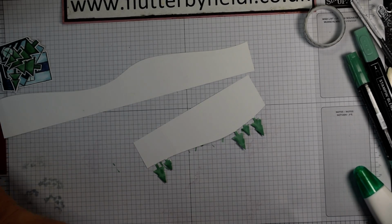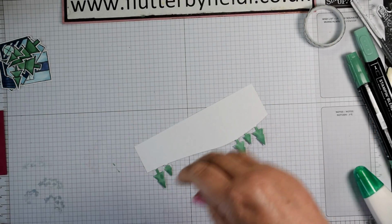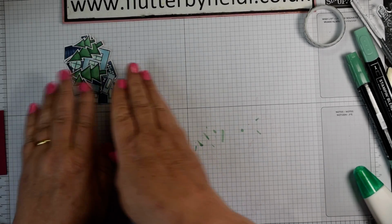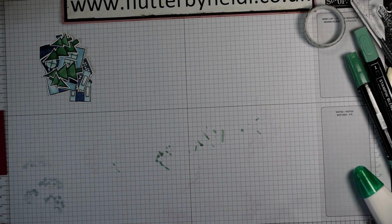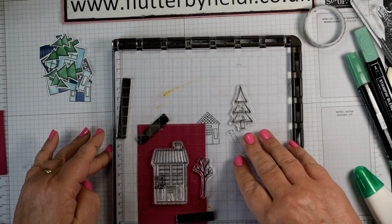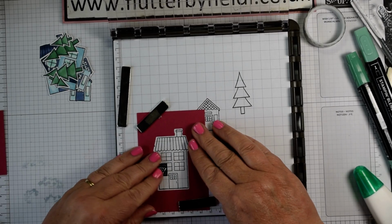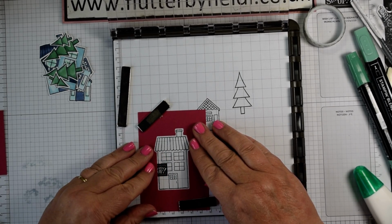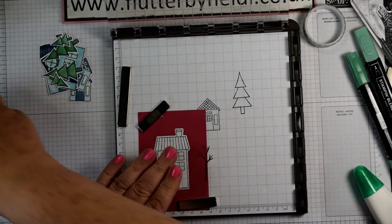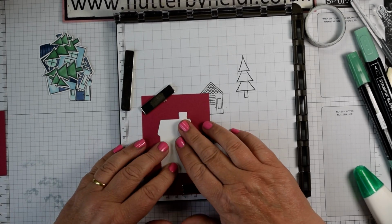Next thing for us to do is pop those to the side, and I'm going to show you how I do the houses. When I'm die cutting, I make sure that I die cut lots of blanks and then I stamp them afterwards. I find I get a much better result by doing that, and I create myself a little template. Using the Stamparatus, I just die cut an aperture. I can then pop my die cut shape into the aperture,